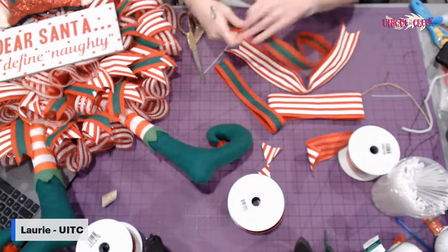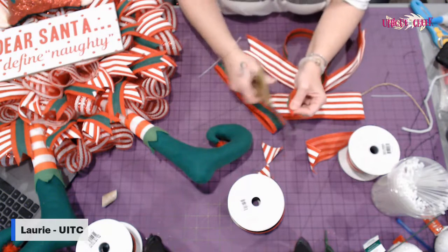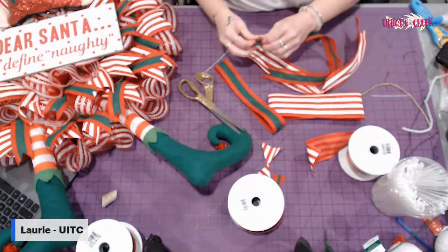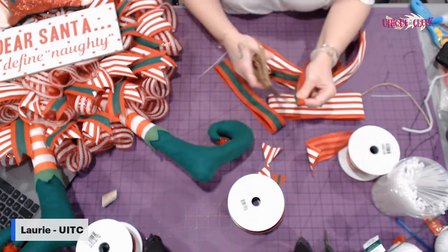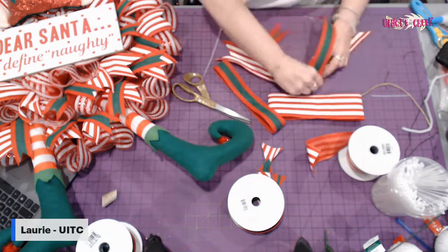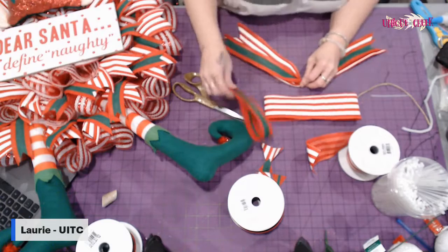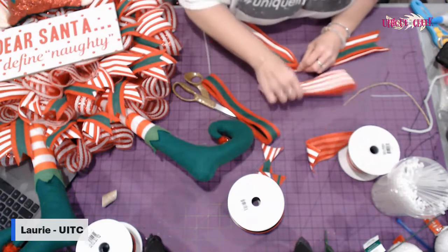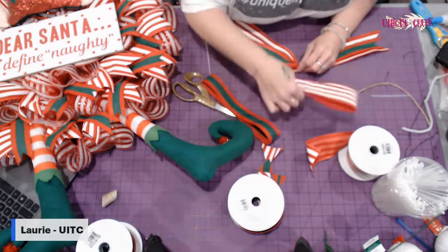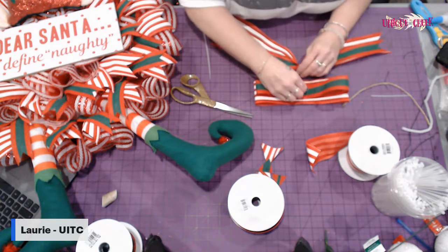We'll do the same with the green. Put these on top of each other. And you're going to put your bow on top with the seam side down. So we're going to do the striped one first. And then